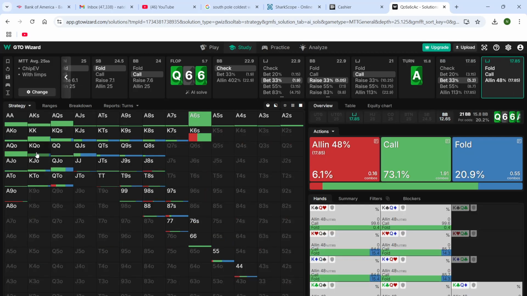And king queen without the club is doing a little bit of mixing here. But I think versus a real villain,